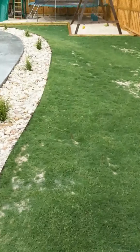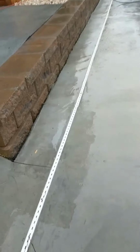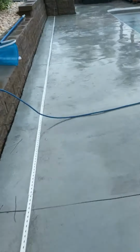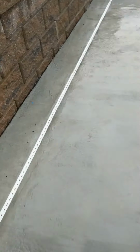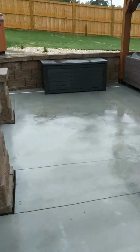Drainage with nothing but pure sand kind of sucks, but it does drain fairly fast. Even with 2 to 3 inches an hour, it wasn't too bad at all. This side over here is what concerns me. We're gonna have to do something over here. I'm thinking...